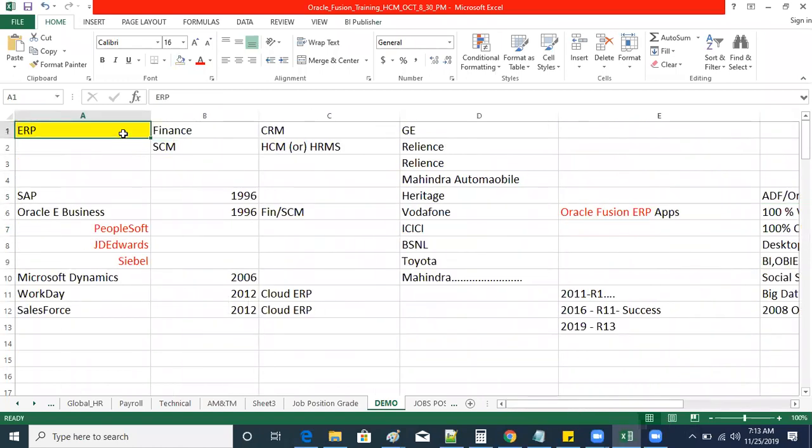Because there might be some people who are from a non-ERP background, it is our responsibility to take it up right from the beginning. So here ERP stands for Enterprise Resource Planning. If any client is doing some business, to maintain